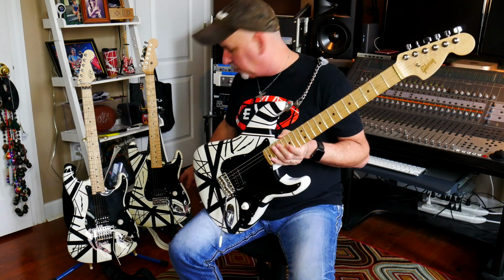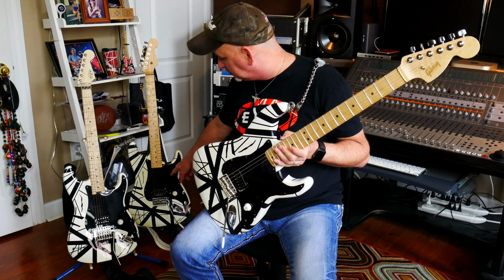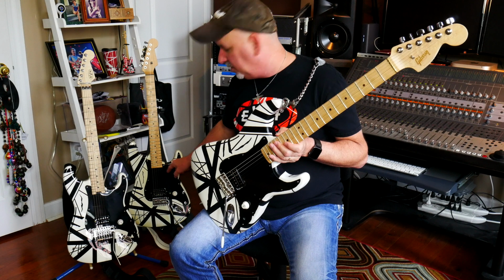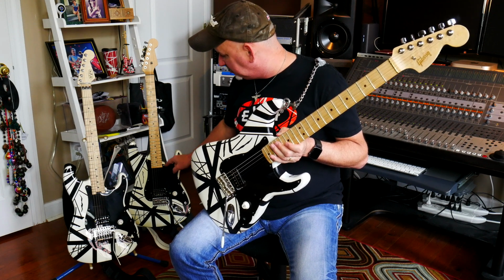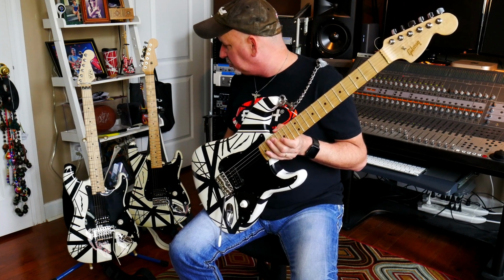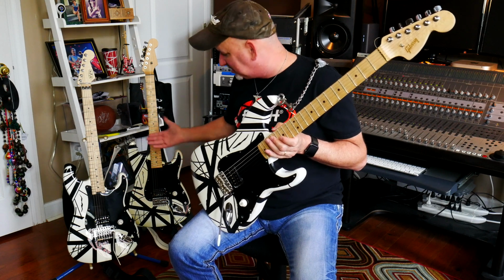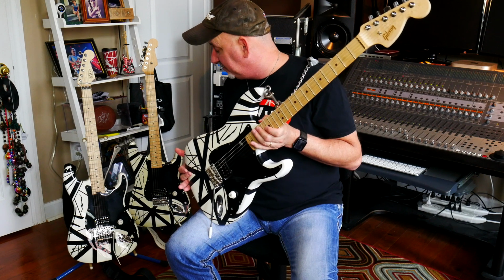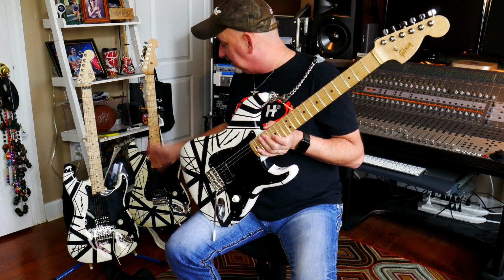You got the standard bridge. You got a custom 5 pickup in this. That's a killer sounding pickup. I've got a video out there of me playing this through my Friedman small box. Check that out. It's awesome. It sounds killer. The Wolfgang pickup is a great pickup. It sounds good too. The main thing with this guitar was the Floyd Rose. Having a standard Strat tremolo just sucks if you're trying to do a lot of whammy. But anyway, that's my 3